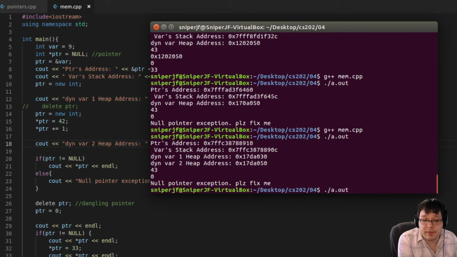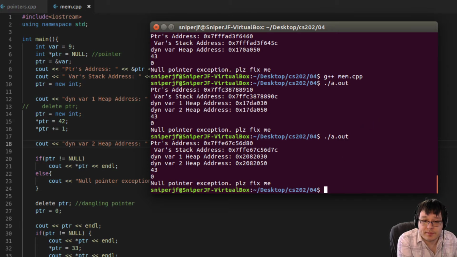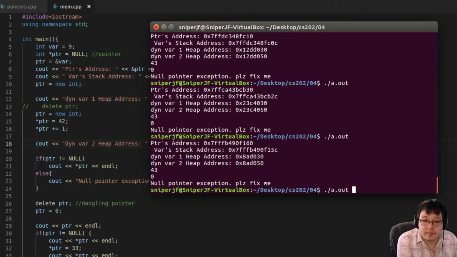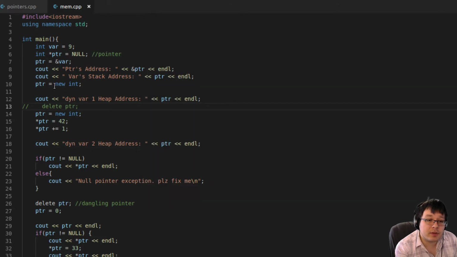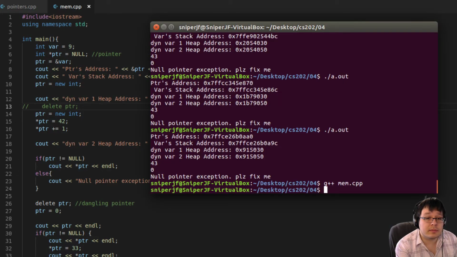Let's run it again and see if there's actually the same difference every time. Yeah, it seems to be always the same difference, but different locations in memory. So interesting. It's probably something related to our program that's being stored there. I do wonder what it is. I don't really do anything in between, so interesting that that happens like that. But yeah, okay. Anyways,